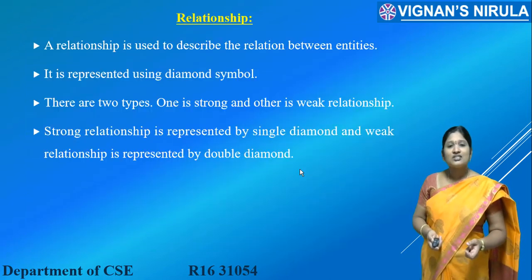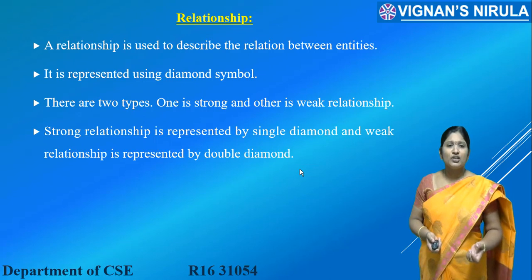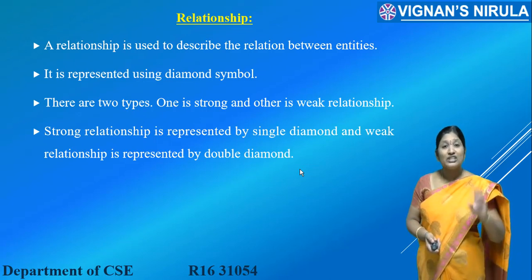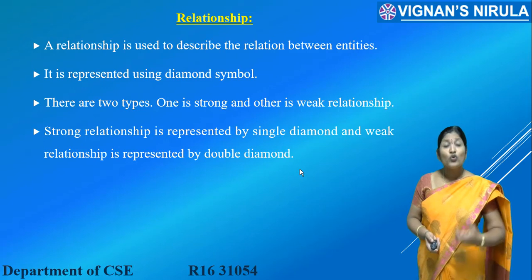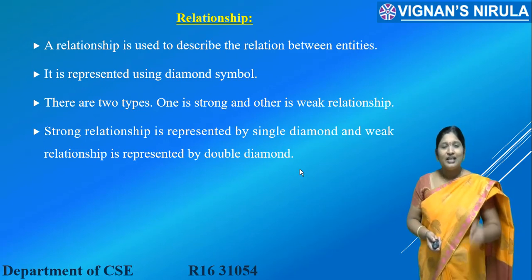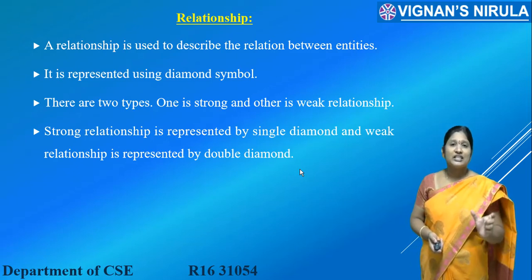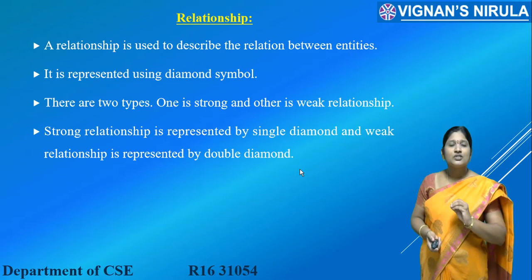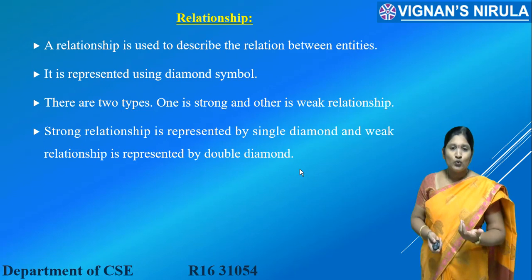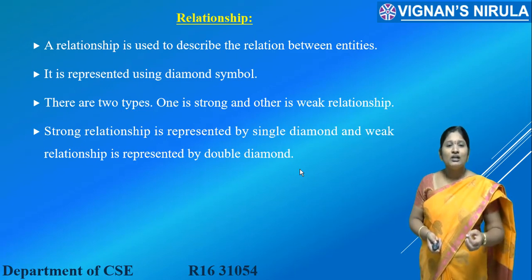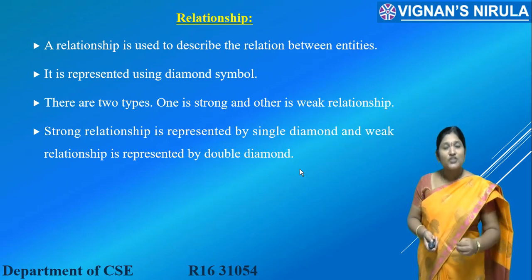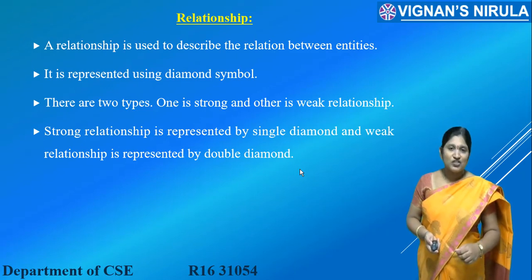While coming to the second step of your ER model, the second step is to depict the relationship sets. What is a relationship set? Can anybody tell? A relationship, as its name indicates, is used to represent the type of relationship, or in which way two or more entities are related. And in the case of your ER model, we need to represent several kinds of relationship sets. The first type of relationship is a strong relationship, and the second one is a weak relationship.